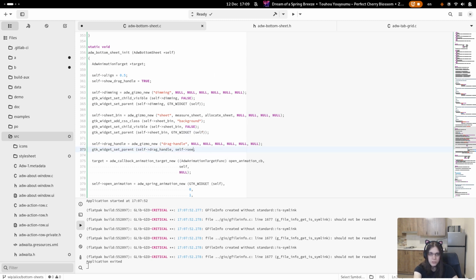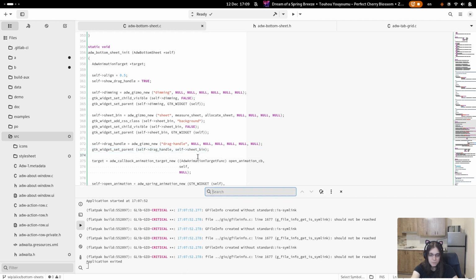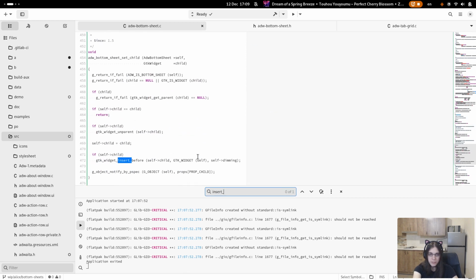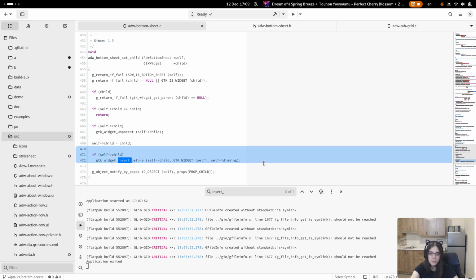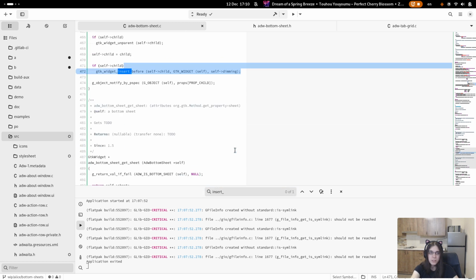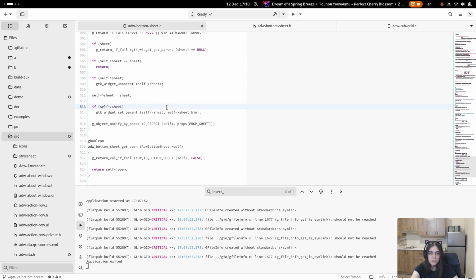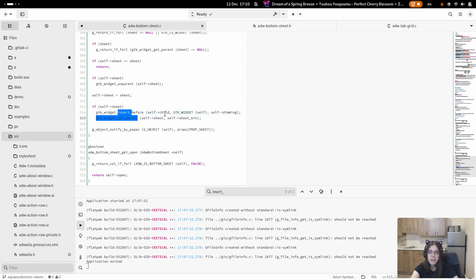Then instead of just doing set parent, we use insert before, because otherwise it will end up in front of the sheet, in front of the drag handle, and we want the child to be behind. So sheet bin and drag handle.